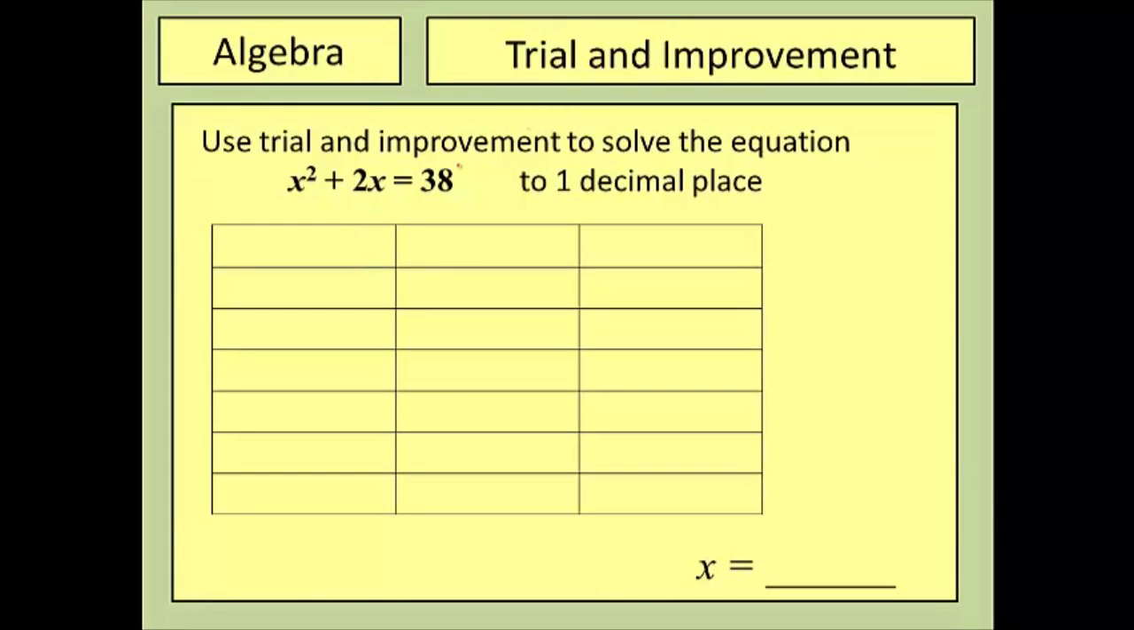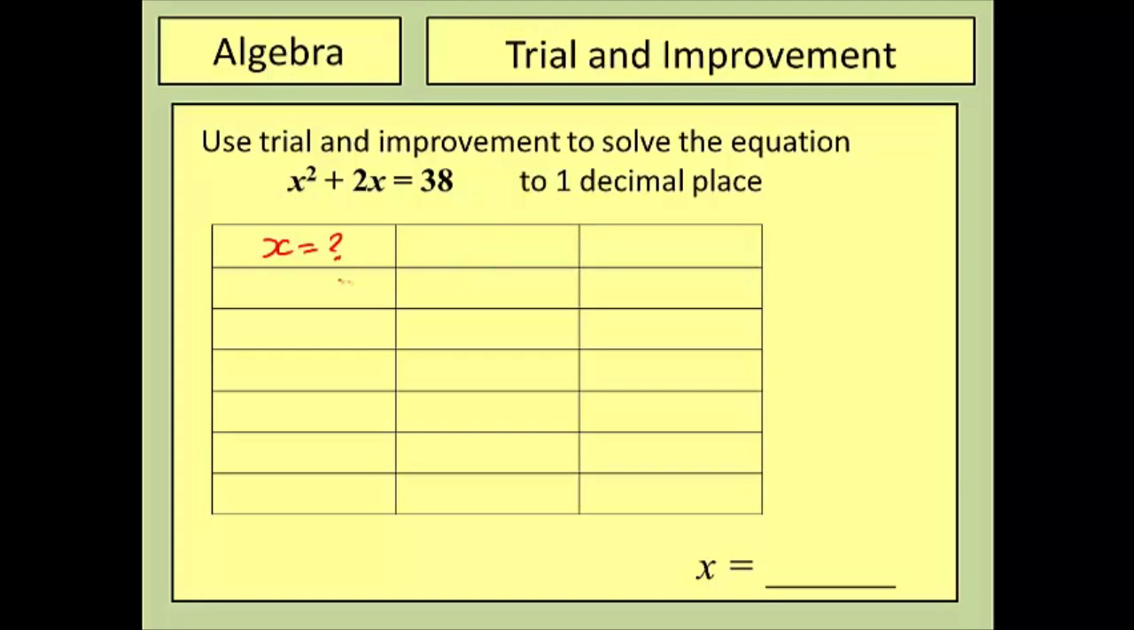In this video we're going to have a look at trial and improvement. So a typical trial and improvement question might look like this. I'm given an equation, quite a nasty one, x squared plus 2x equals 38, and I need to solve it correct to one decimal place. That doesn't mean that the answer will be exactly one decimal place, I just give my answer correct to one decimal place. So what I do is I set myself up a table, and in the first column I'm going